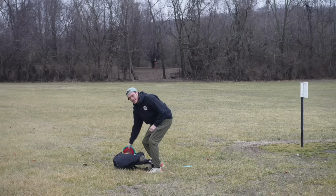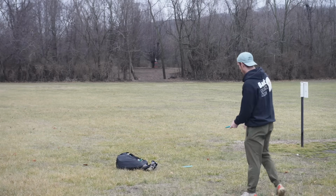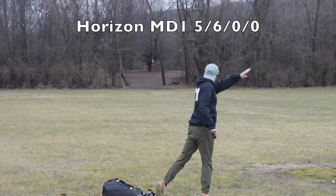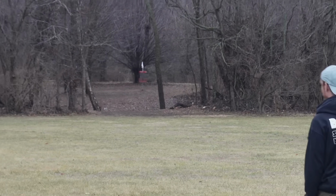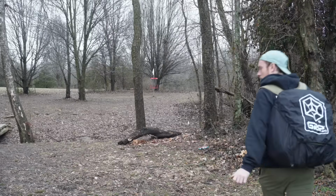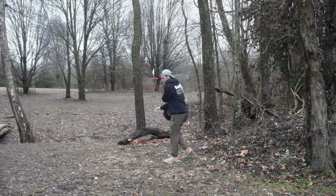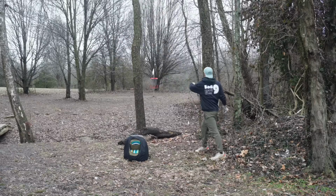Like I said, the game plan is to get as far left as I absolutely can. I'm trying to play this like I'm playing the tournament, if you haven't already noticed, but 330 feet, dead straight with this Horizon MD1. Move left, left. Might be out of bounds. The cherry on top for this hole is there's a little creek in here that plays as out of bounds, which makes this gap even more tough, but thankfully I hit a tree,